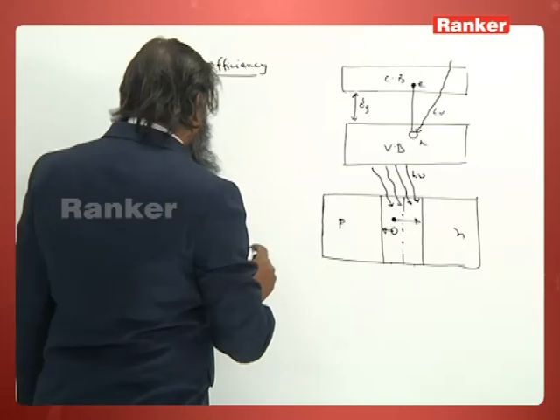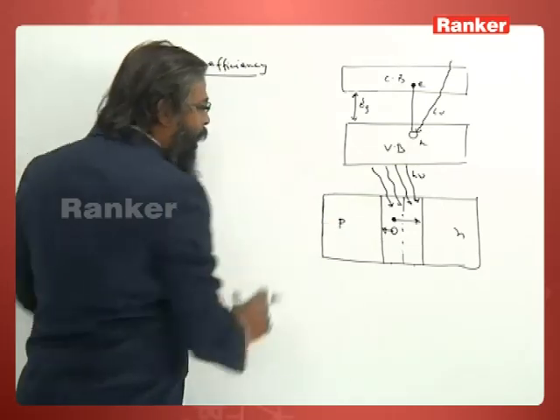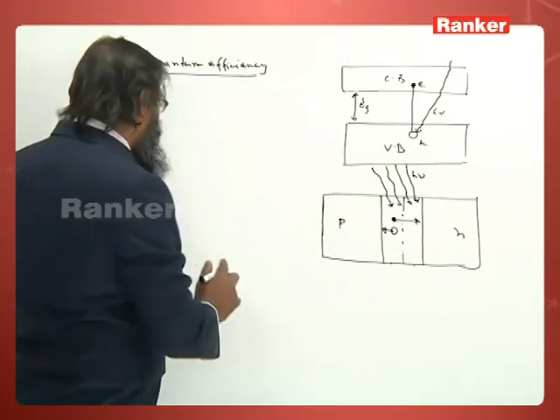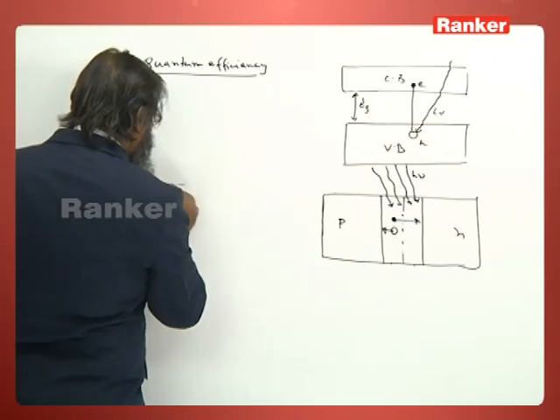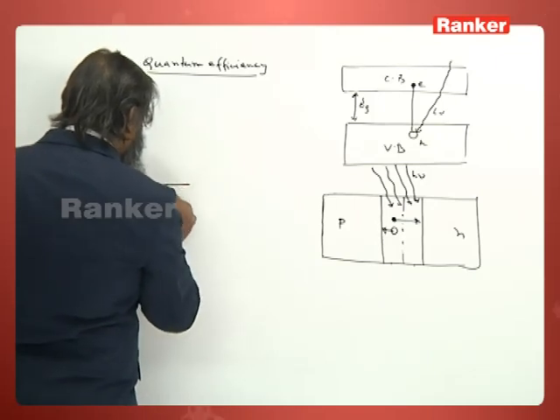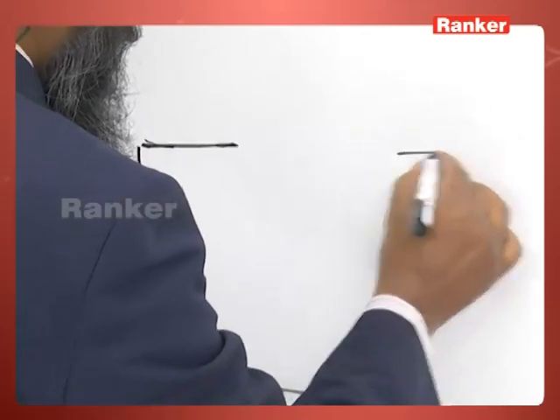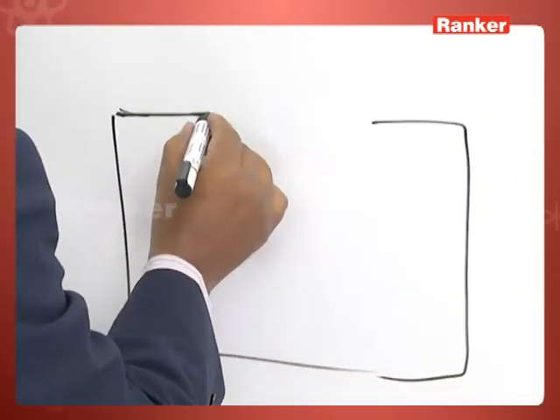Now you see here, this is a block diagram. Actual diodes won't be like this. So suppose the actual diode is like this. Suppose there are different